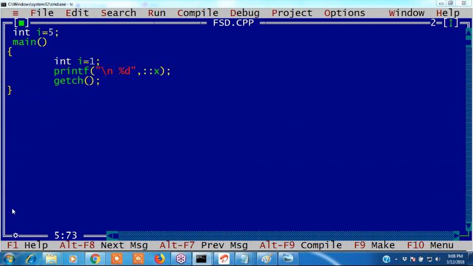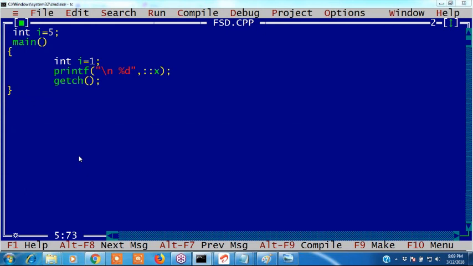What is the difference between exit of 0 and exit of 1? What is exit of 0? That is successful execution. See, when you are developing a game, guys, two types of results will be there: one is successfully completed, and the other is level failed and you stay in the same level. If you are playing Candy Crush, when it is successfully completed, you go to the next level. If it is not successfully completed, you stay in the same level.